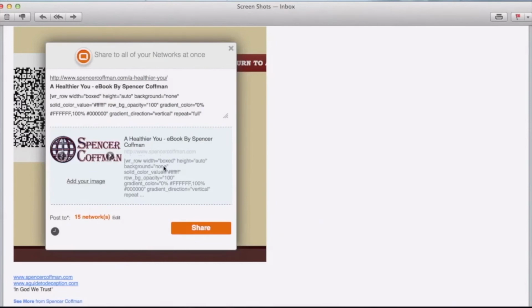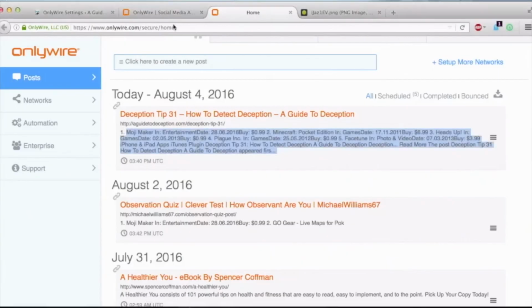So basically, the OnlyWire plugin is yet another social network auto posting plugin that doesn't work properly. I mean, it's like one thing after another. I've tried several of these social network sharing plugins, and none of them seem to work. The main problem with them is you install them on your website and they either don't post the content or they don't post the right content. I don't understand why it's so hard. If you create a plugin and there's a post that goes live, make sure it syncs up with WordPress. As soon as a post is published, all of a sudden it should be shared to the selected social media accounts, and it should be shared in accordance with how it's specified in the plugin.